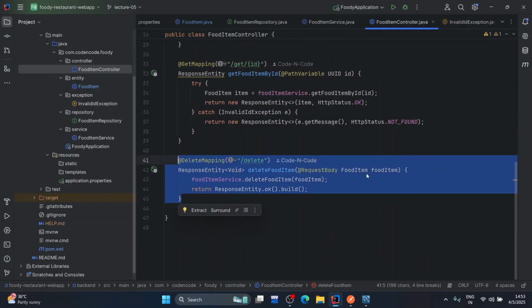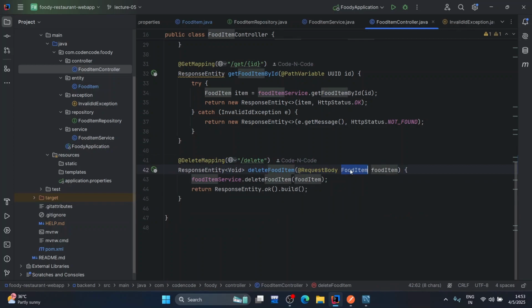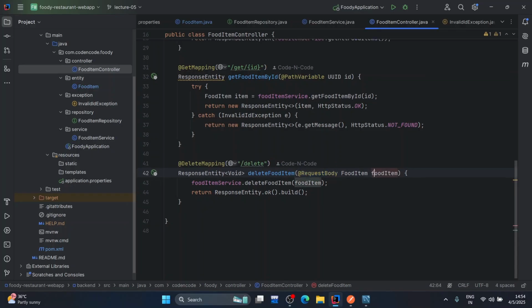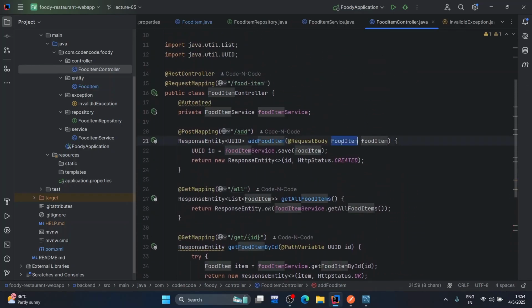So while deleting a food item, you are free to use only the food item ID, and you are free to pass all of the rest of the fields empty. Of course, I'm not going to enforce validation here, right? But here, when we are adding a food item into the table,